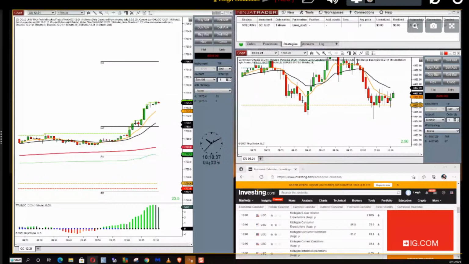Looking at NQ also. 10 o'clock NQ moves, AJ, are not news related. If you watch the NQ every day, it makes a move at 10 o'clock, news or no news. We would not trade the NQ at 10 o'clock because that's the real reason.